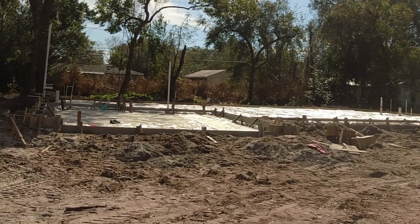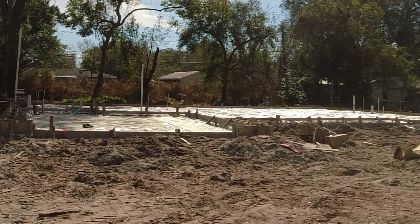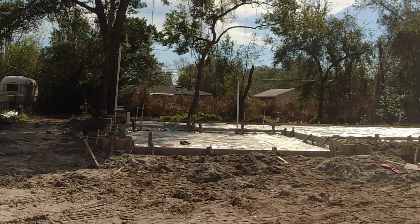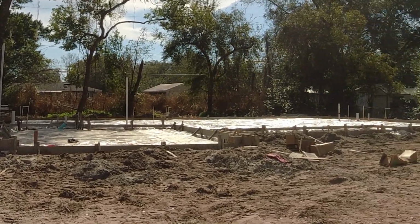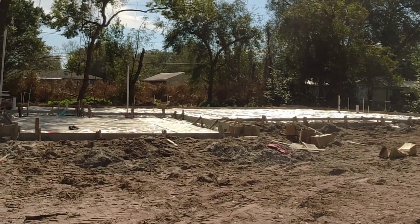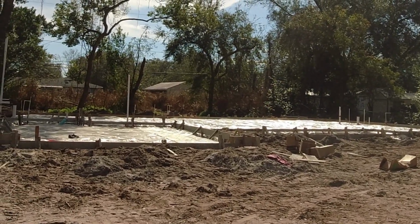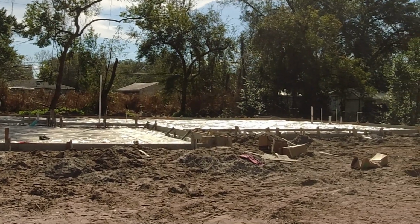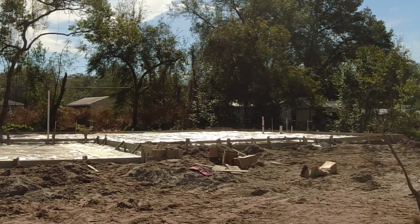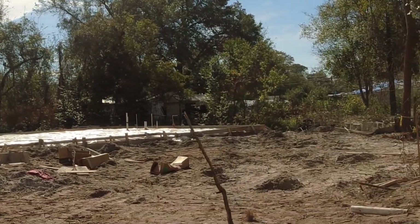This first part here must be the garage, and then I'm gonna guess this must be the bath area at this end to the left, and down the right must be the kitchen. So they've been working hard at it. I think the next thing's gonna be concrete, will be soon poured. We'll try to get more videos of it as we keep going, but we wanted to just stop by here and